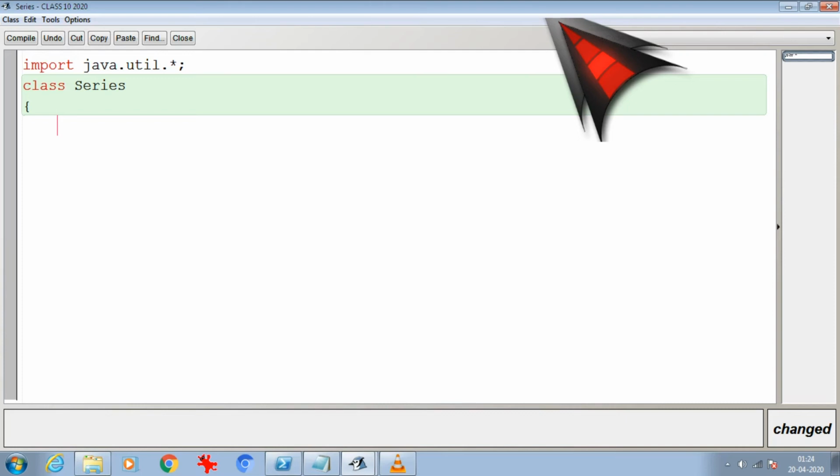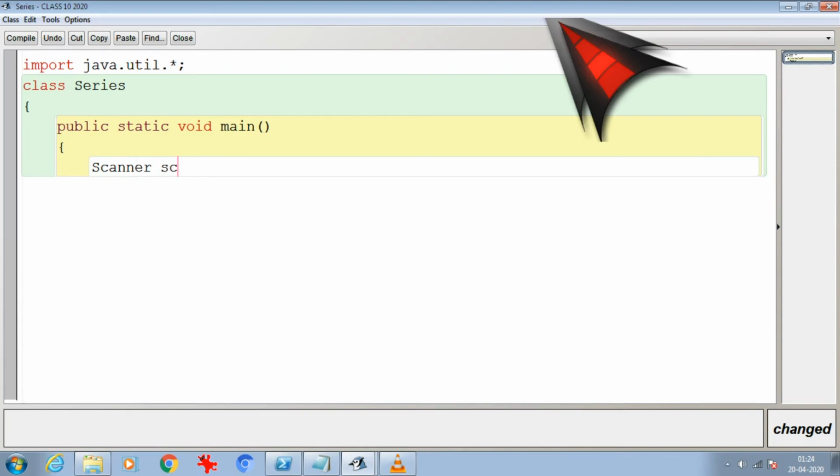So public static void main, and I'm writing Scanner sc equal to new Scanner(System.in). Okay, sorry.